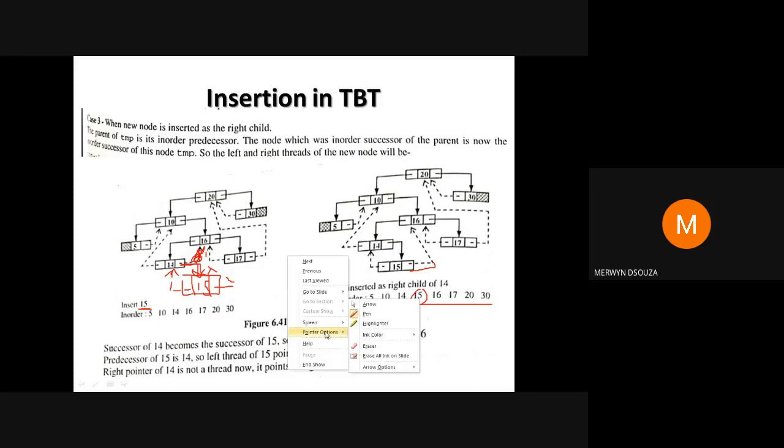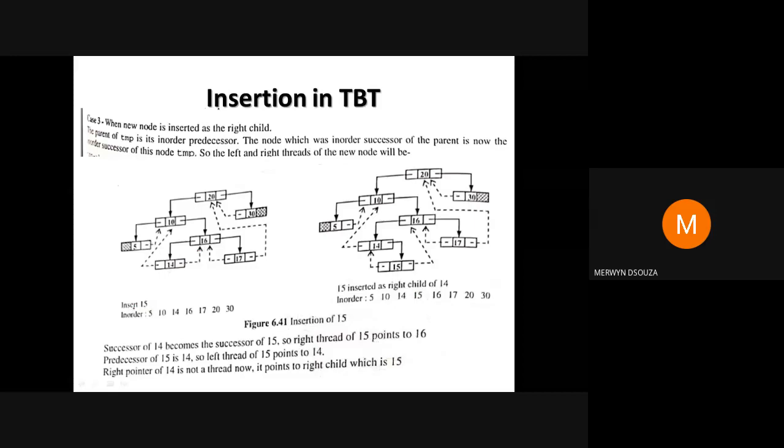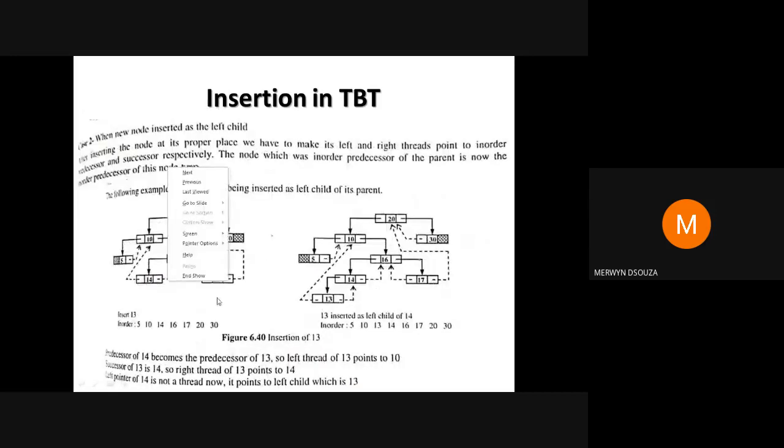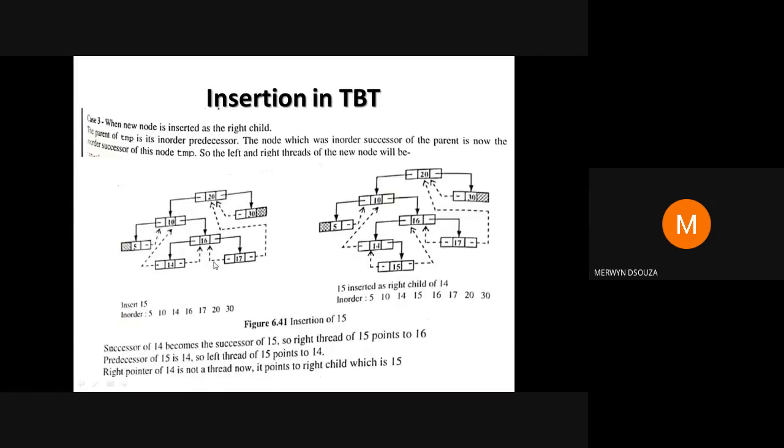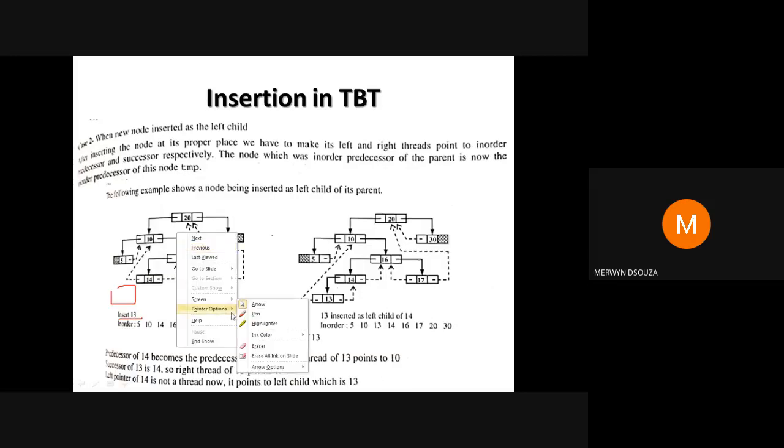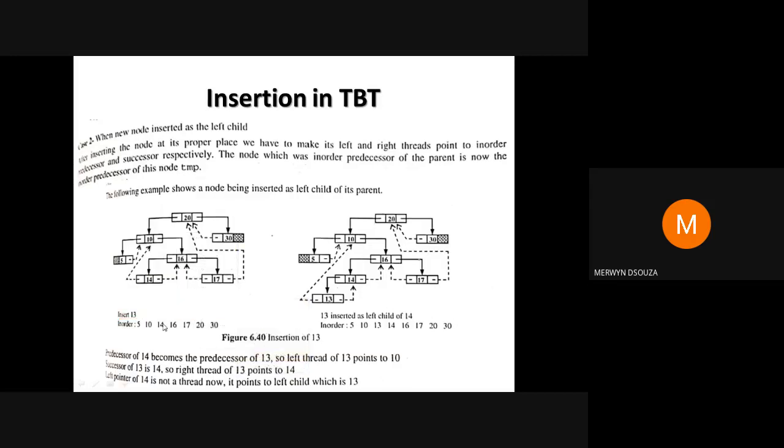This is the way you will insert. Now, one question that may arise in your mind is how you decide the place to insert 13, how you decided that it will be the left child, or how you decided that 15 will be the right child. When you are writing the program, you will ask the user where they want to insert this node. So that is the way you will know where to insert the node, as the left child or the right child, and who will be the parent of that node.